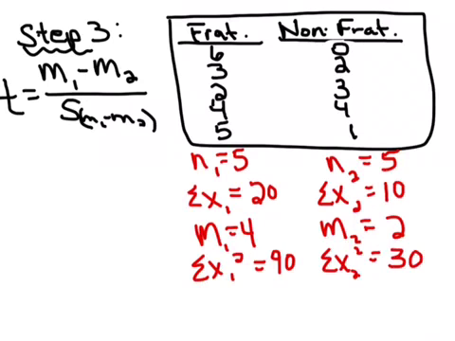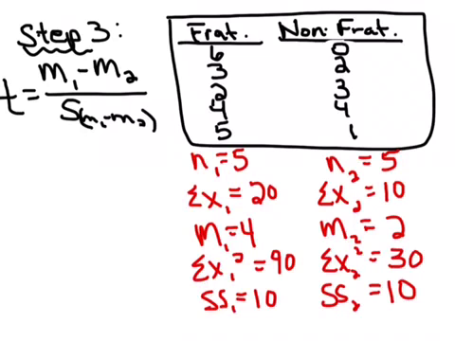So we also need to get our sums of squares for both these groups. So remember, sums of square is going to be that sum of x squared. So we're going to do for group 1, 90 minus 20 squared divided by 5 is what that is. So our sums of square for group 1 is 10. Our sums of square for group 2 equals 10. So that's nice and easy right there. We have equal